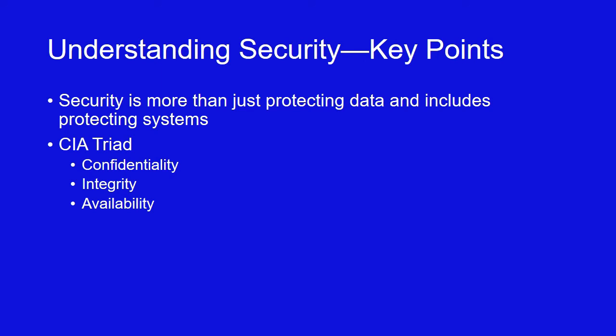Integrity really focuses on how accurate the data is for its intended purpose, and availability is how available that data is to be used for its intended purpose by an organization. Security is implicated in all three of those. So when we look at security, we can't simply look at the confidentiality portion, but rather have to look at all of these concepts to help start to define what security is.